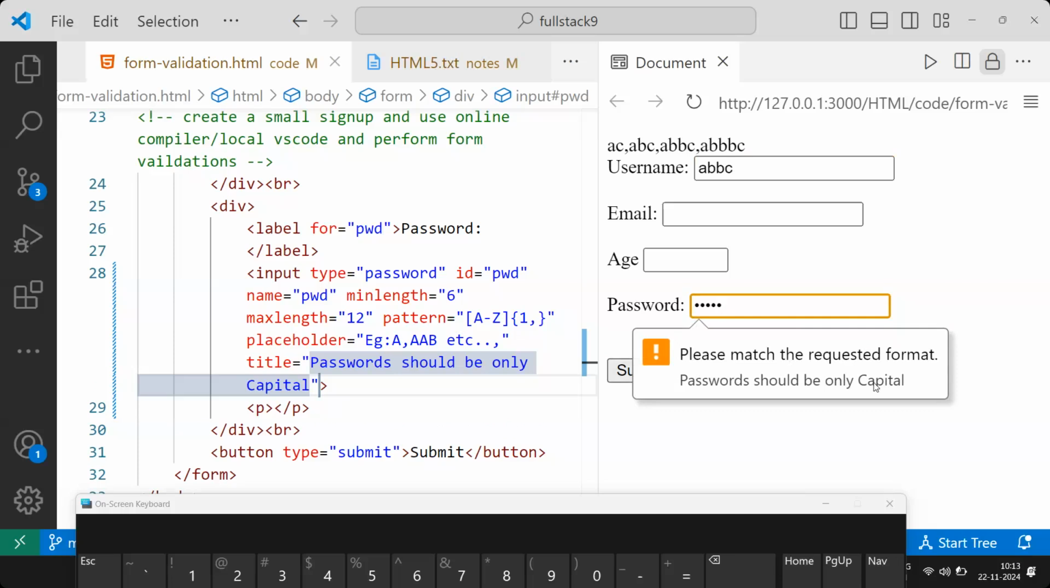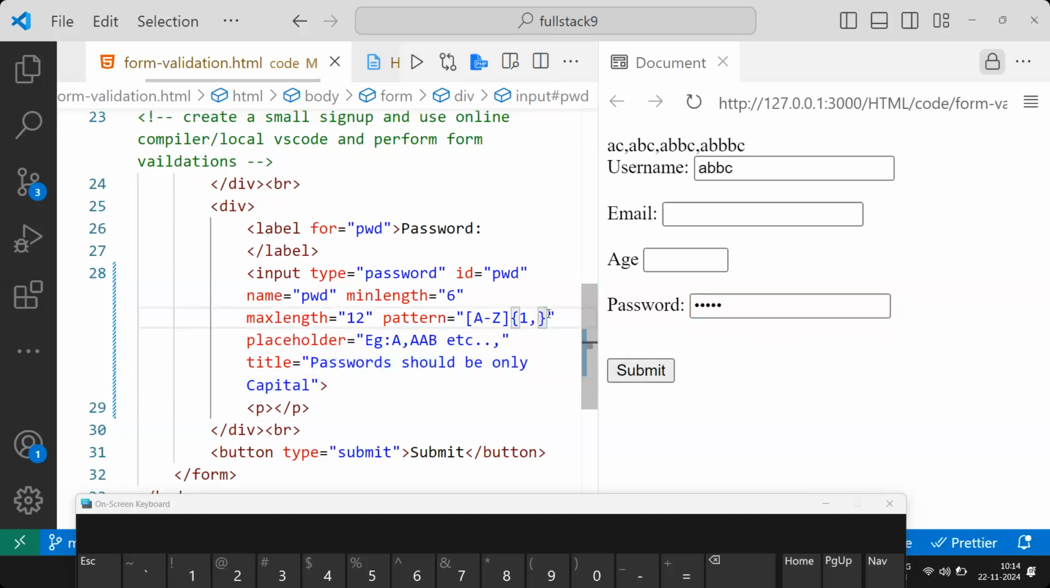Is it clear now? Online, is it clear now? Now the user will know what they have to enter. If they enter a wrong password, now everyone tell me here. Here you can see,